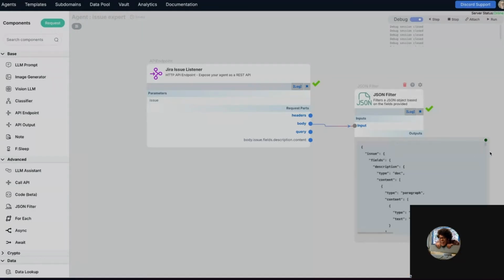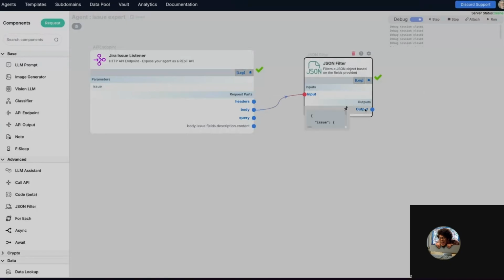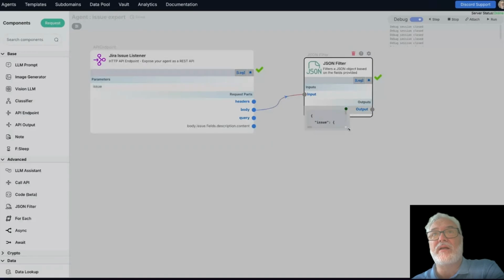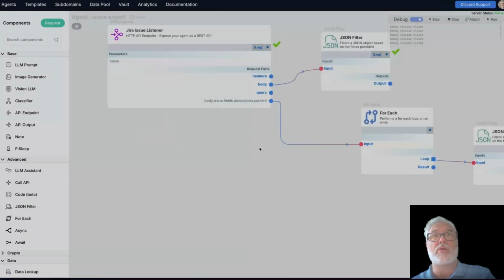But I feel like you should explain a bit more. Probably lost some guys here. Well, all we're looking for, remember, is to analyze the description of this issue. So we're going to end up needing to process the content specifically. JSON filters are powerful tools for extracting the exact data you need. Finally, let's explore how to navigate nested JSON objects and arrays. So just so that everybody's following along with what I'm doing here,